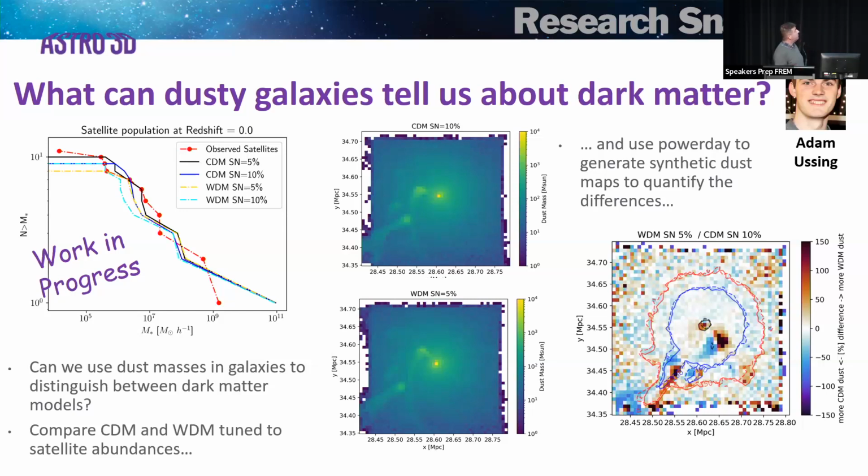From your perspective on the left-hand side, Adam was trying to figure out how to match systems across the different dark matter models. The focus was on trying to get a fit for the satellite population of a Milky Way type system at redshift 0. This allowed him to quantify the parameters within the models, so he was able to figure out exactly what galaxy formation parameters he should be using.